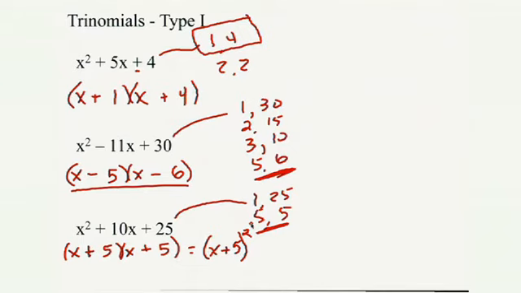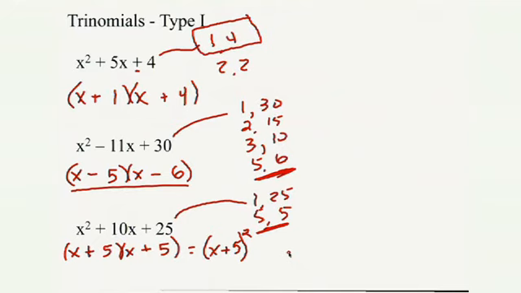That's right. Good job. So to make it clear, either of those answers would be fine if you were doing these problems by hand, but often in multiple choice answers, you won't see x plus 5 times x plus 5. You'll just see x plus 5 squared. Absolutely. One other thing to think about before we go on, and maybe it's worth remembering, is that if you're doing problems where the last sign is plus, the signs in the answer will always be the same. Either both signs will be plus or both signs will be minus. That might be worth remembering or maybe writing down on an index card if you're taking notes on these lectures. Like those index cards. I always love index cards.